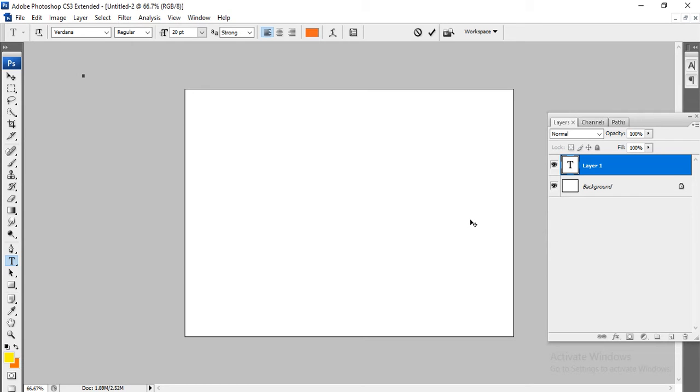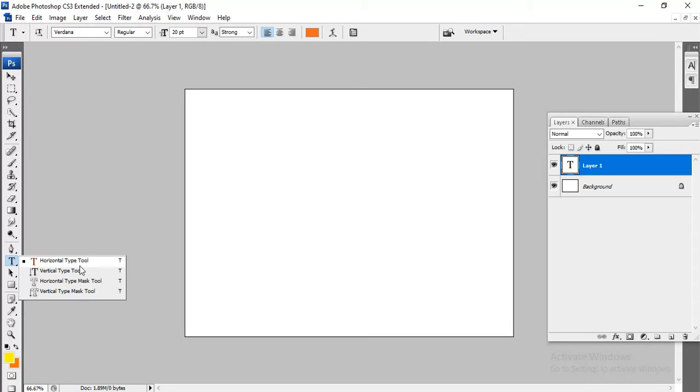Hi everyone. Today I'm going to show how we can use the horizontal type tool and the vertical type tool. These two options, okay? Based on these two tools, we can bring text into the document. This is one of the common, frequent tools everyone uses in Photoshop. I'll show how we can use it and what options are available, and how we can implement those options when you're designing certain banners or designs.